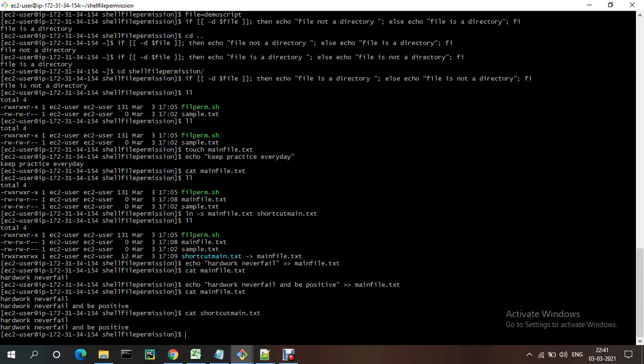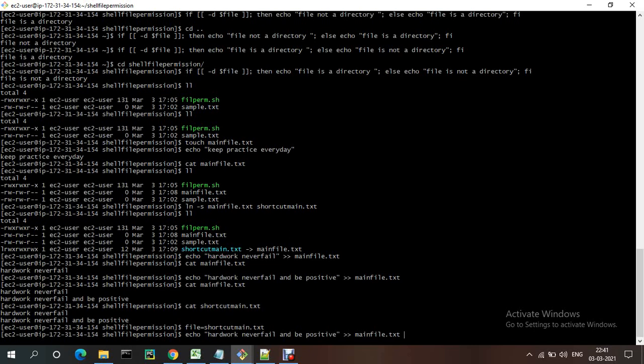Okay, to check whether any soft symlinks are available in the current directory, we will use this option -h. For that I'm declaring a variable, and I'm trying to find shortcut.txt.